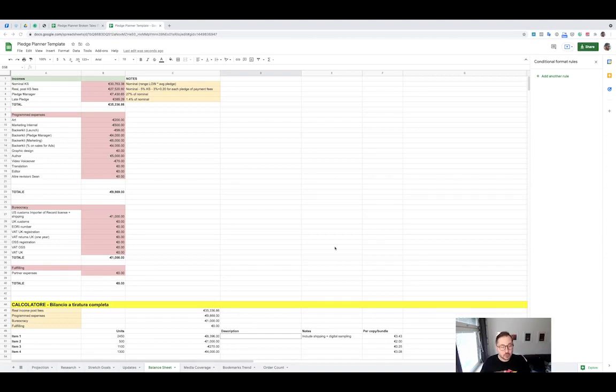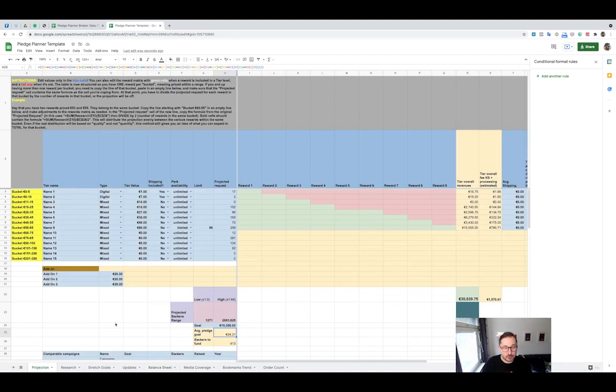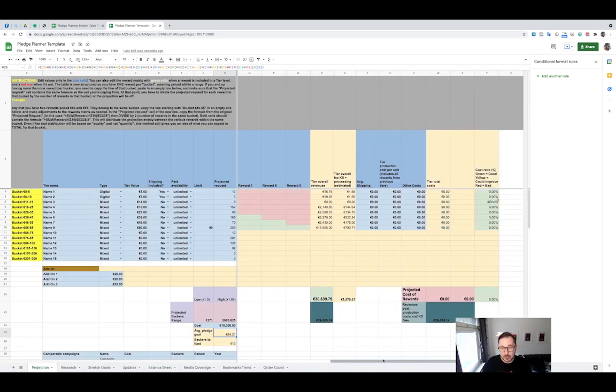All right, so this one is one of the most important tabs on your Pledge Manager. It's called the balance sheet. You need it to keep the situation under control when you are counting the actual print runs of things that you're gonna do. Because if you remember, when we watched the projection, I told you that the amount that you're gonna see